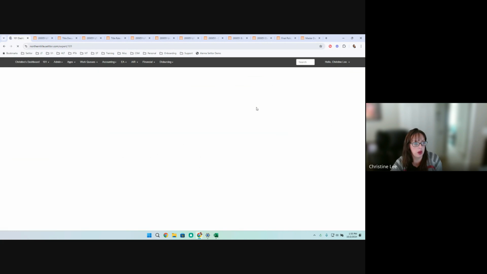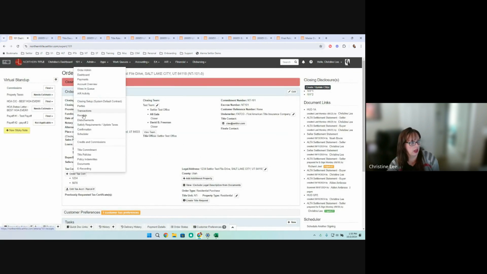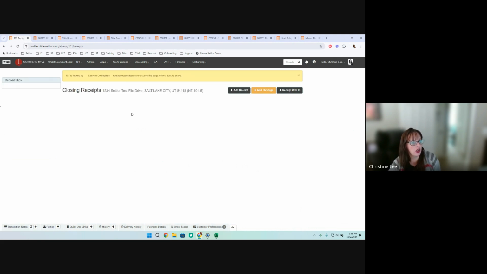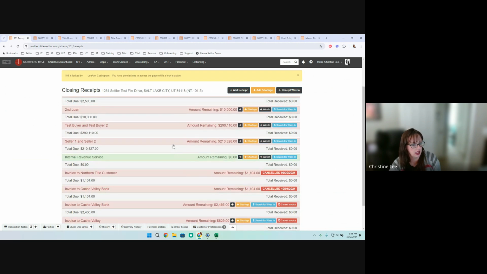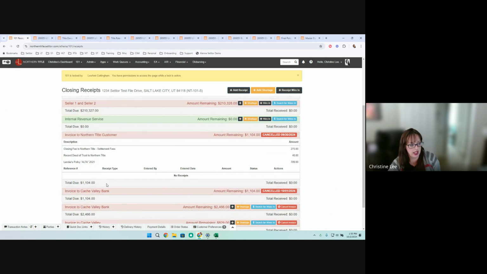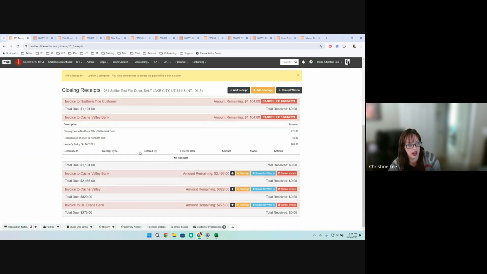It would have to, so what we created, and probably David hasn't showed everybody this yet because we literally just showed it to him on Monday. So in here, you can see this is my test file. Obviously it's kind of a mess, but I created a couple of different invoices here. Let's just say, and I use Cache Valley Bank as an example, I did the closing fee, which obviously doesn't apply if it's a title only, but the recording fee and then the lender's policy. So if these were the only fees on it and I had an invoice outstanding for it,